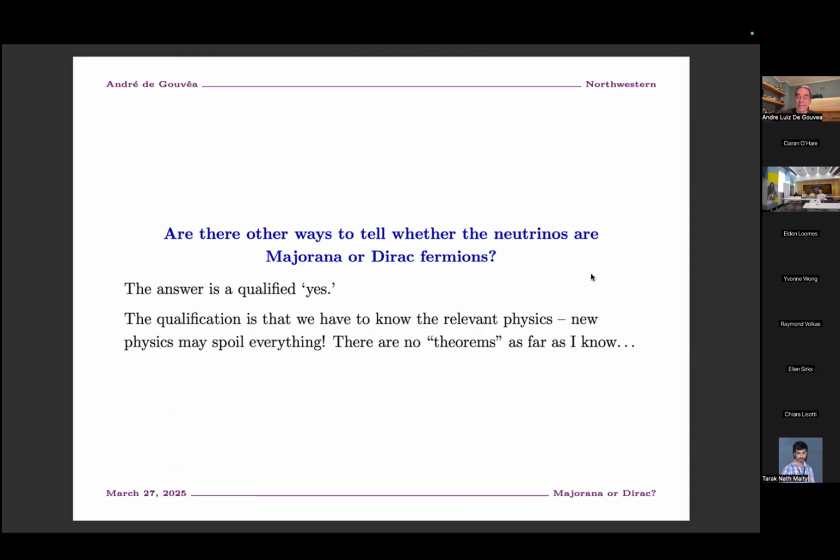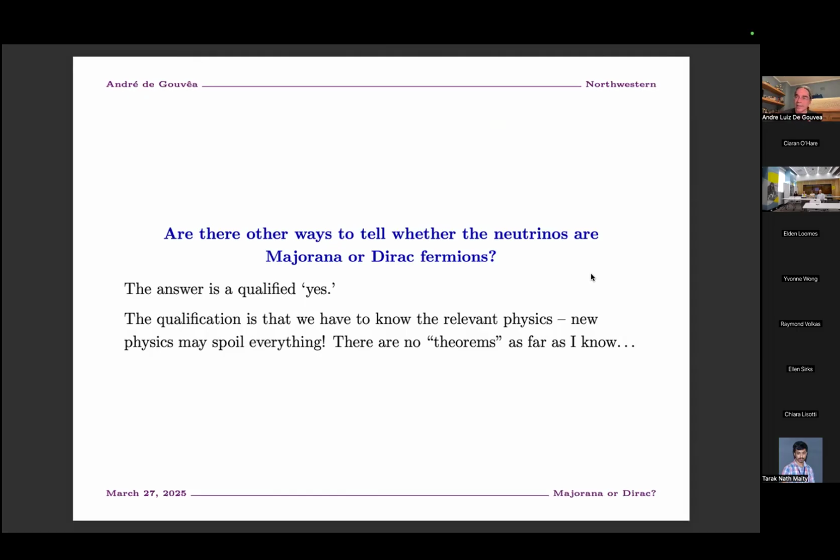The answer turns out to be yes, in quotes. So you can construct an observable that does not really speak to lepton number violation directly, but can distinguish Majorana from Dirac neutrinos. And these are weird observables because they're not as much of a smoking gun